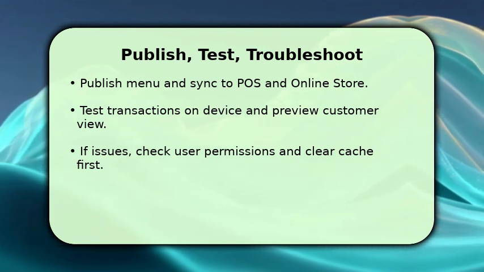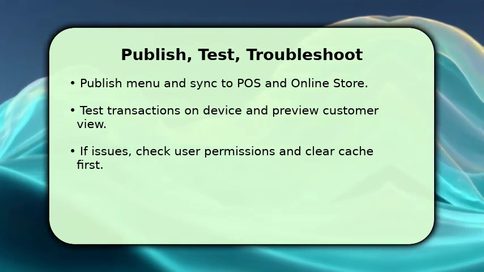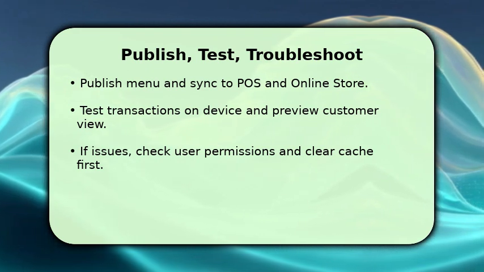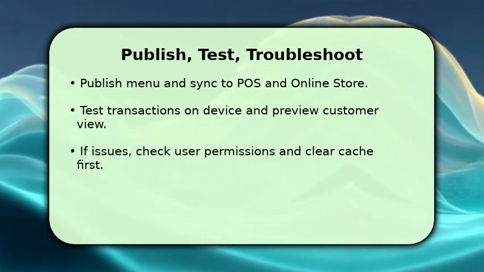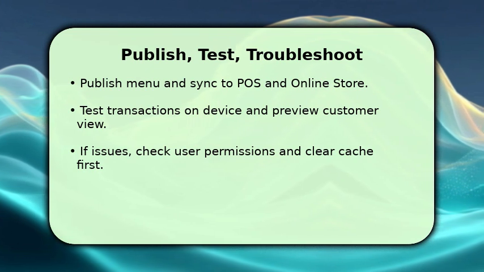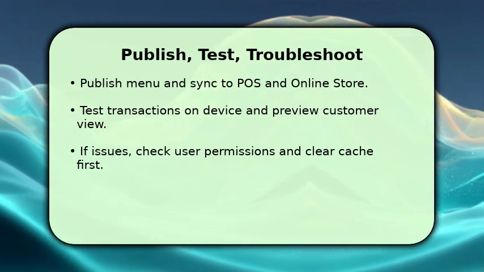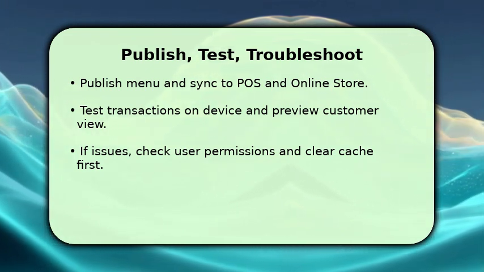If something looks wrong, first confirm location and user permissions, then clear browser or app cache and resync. These steps fix most visibility and syncing issues. If errors persist, export item list for troubleshooting or